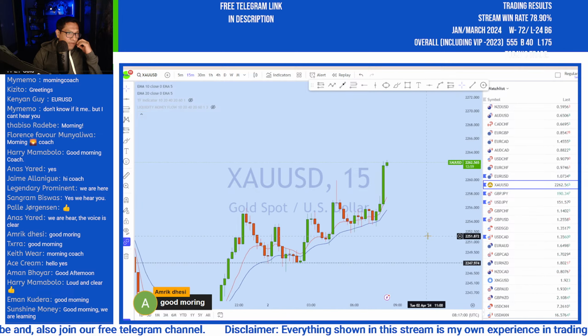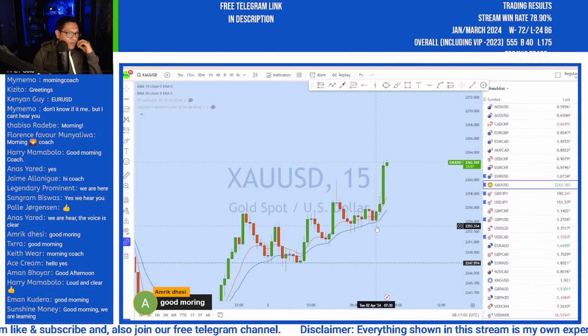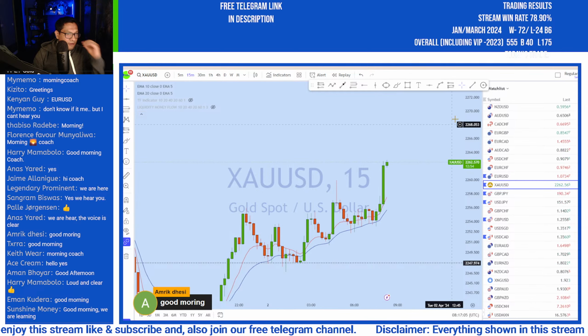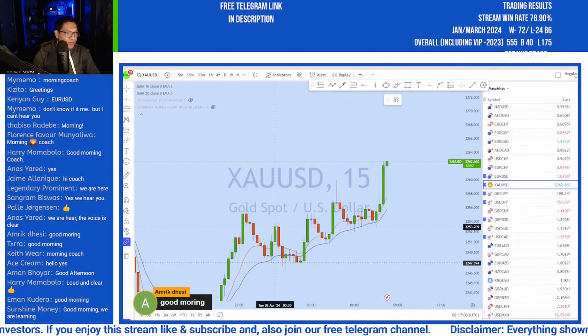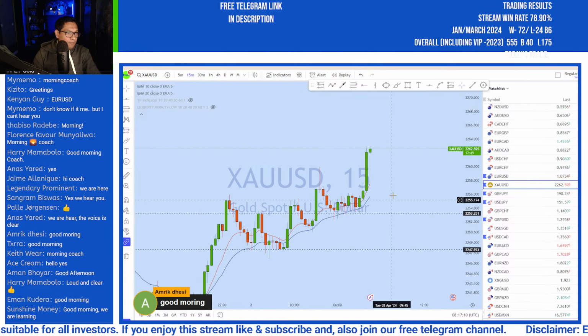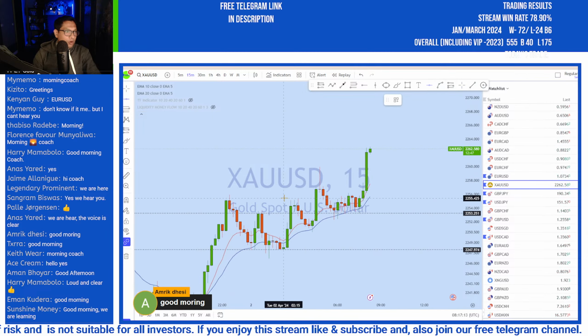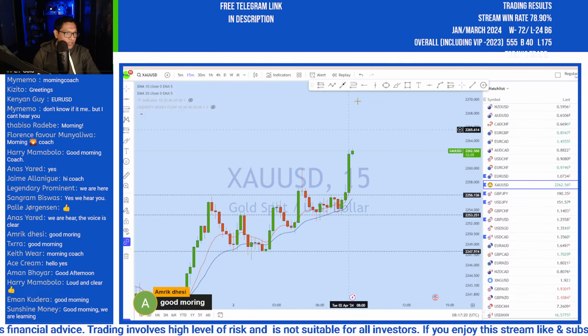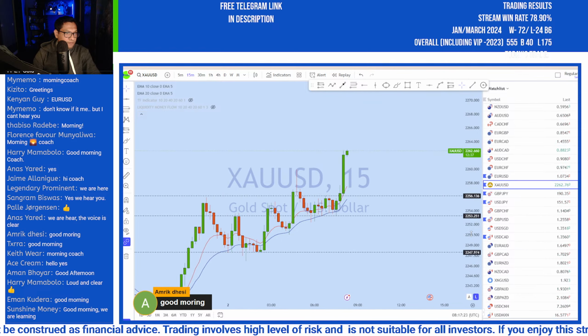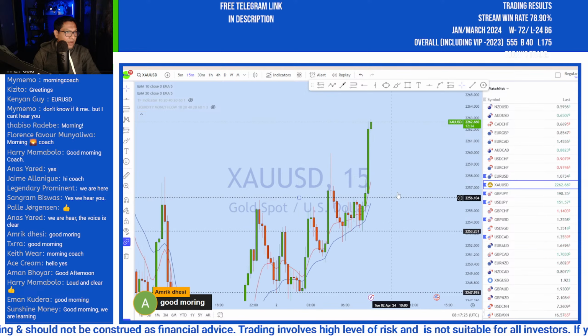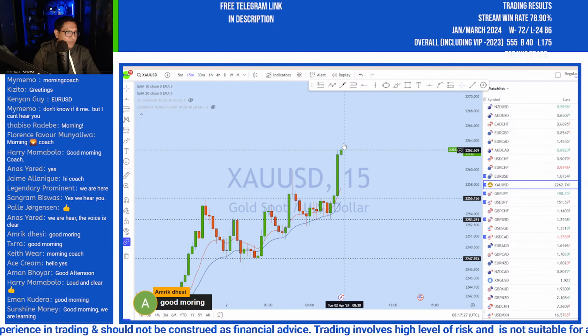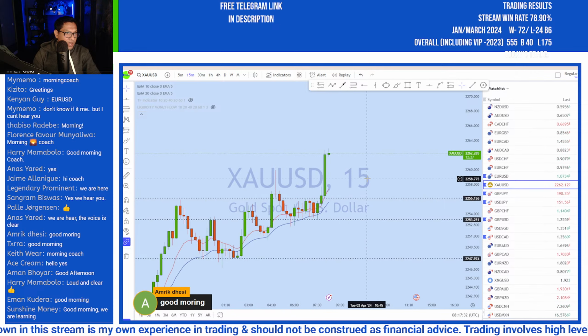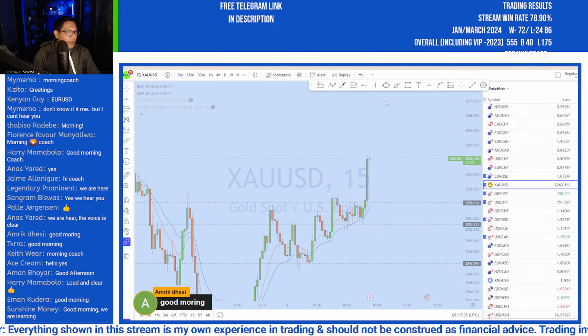So these are some of the levels you can see. On the 15 minutes, the market started and moved from here. 2253 is an important level of support, and also this is the neckline of that structure here. We have seen a structure here and then a breakout from this structure. So these are some of the levels you will be looking at to see if the market is coming down for a deeper pullback. And once we see the price is in the zone, then we can look for entry opportunity.